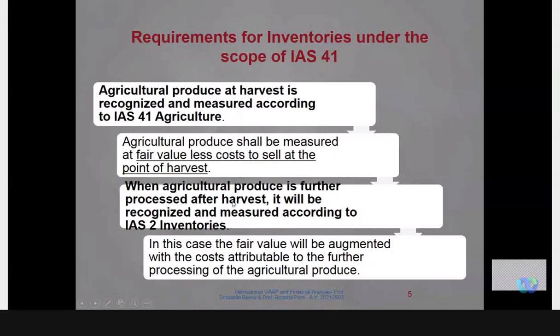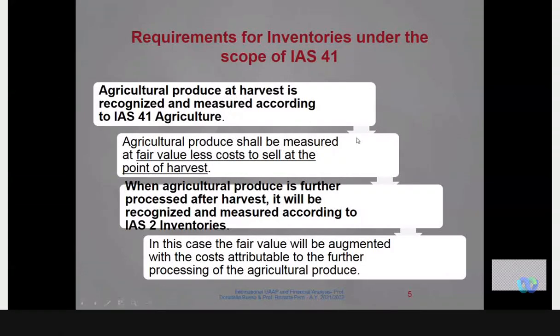That is, if we take the grapes and we use them to produce some wine, the grapes will be valued at fair value plus the additional cost to convert the grapes to wine, whatever the costs are in the plant or in the producing entities. Okay, so these are the rules